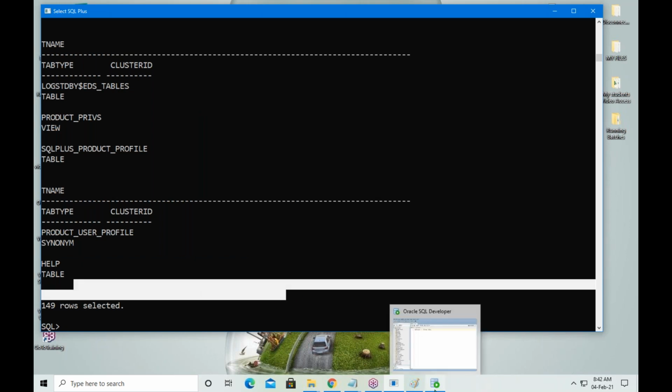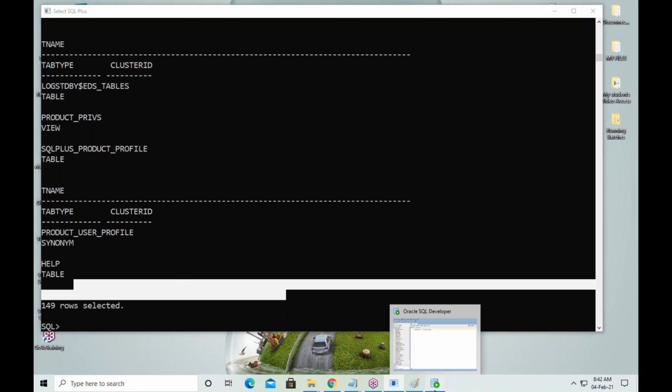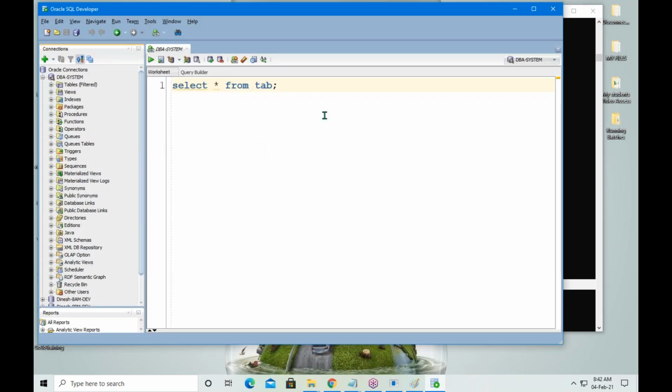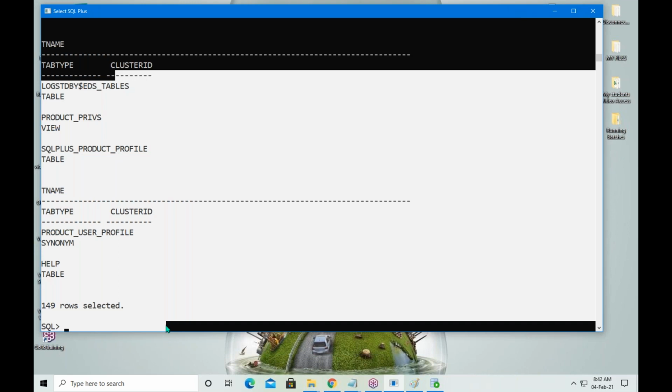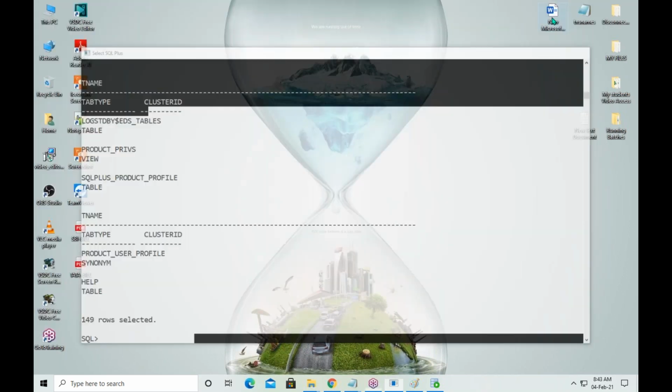Once we enter into PLSQL, then we will work with this application. It is an advantage to you: you will understand how to work with both applications. Don't worry. Next one.